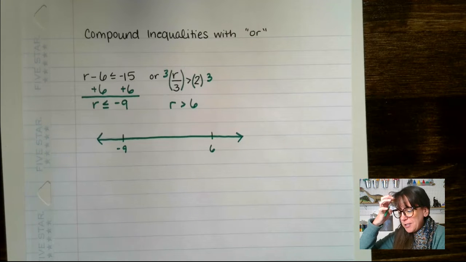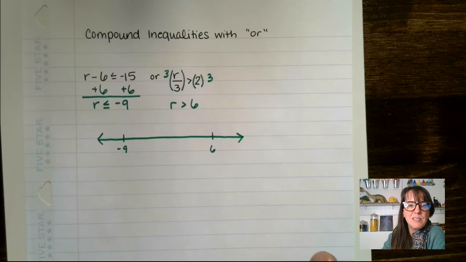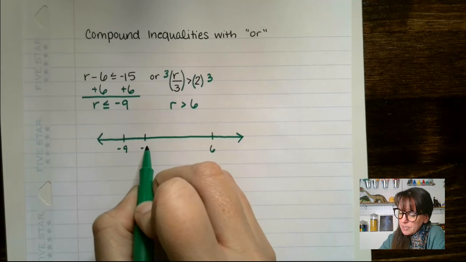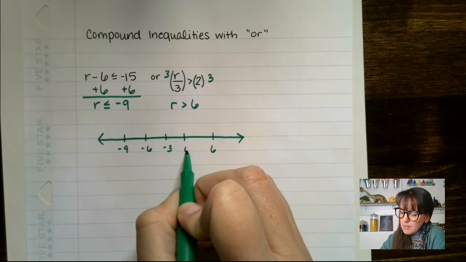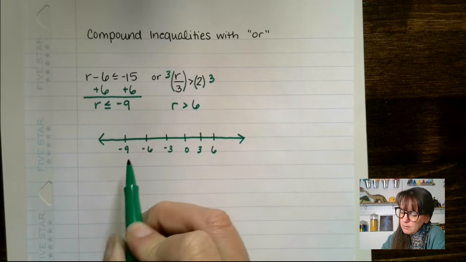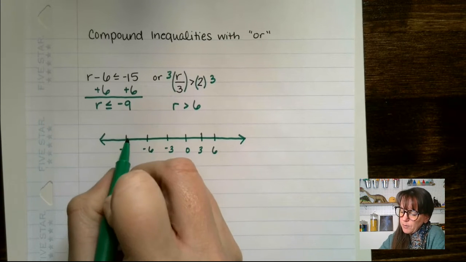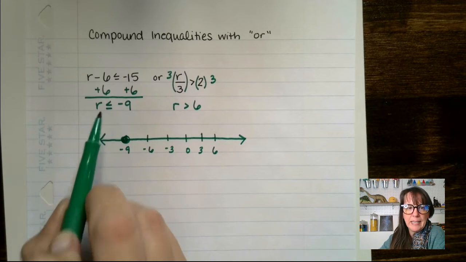And what we can do is we want to put a number to give it context, like in the middle. And 9 and 6 are both multiples of 3, so maybe we do this. We say, okay, -6, -3, 0, 3, so -9. That makes sense. So on -9, we're going to put a closed circle, which is this guy right here, because